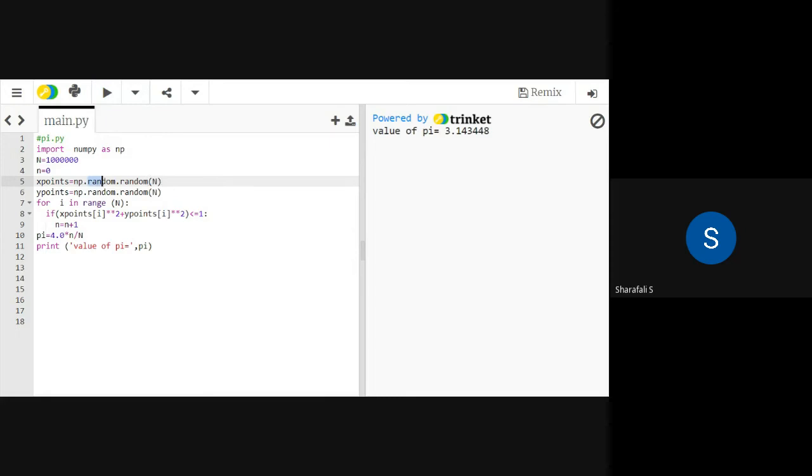Because each time you are generating different numbers x and y, you are generating different values, and x squared plus y squared will also be different. We are randomly generating these points, so each time the values may differ slightly, but when capital N is very large, the value will be almost equal to the original value. The accuracy will be much higher, and the values will be much closer to the real value. So that's all about the Monte Carlo simulation, and we will discuss Euler's method in the next class.